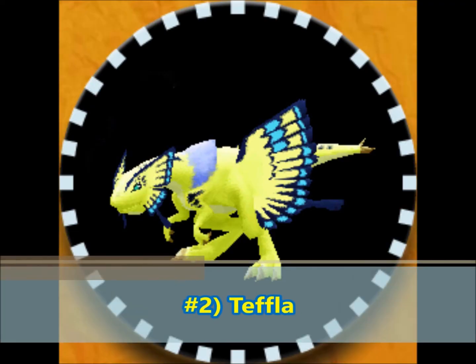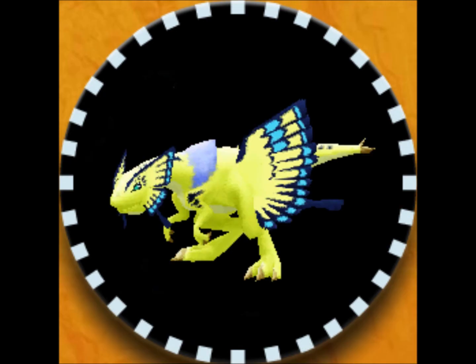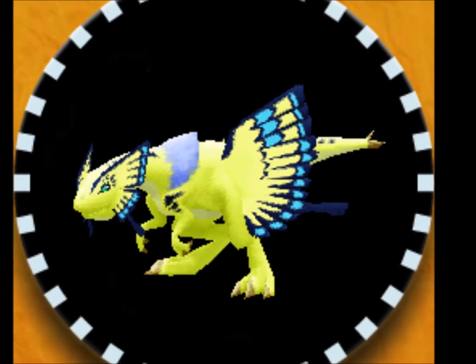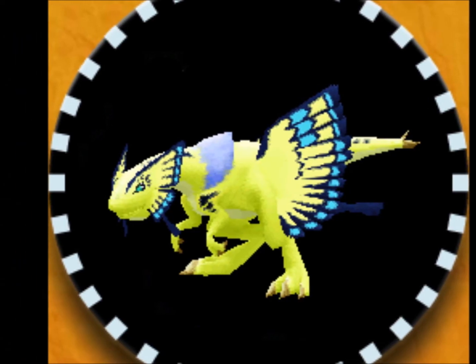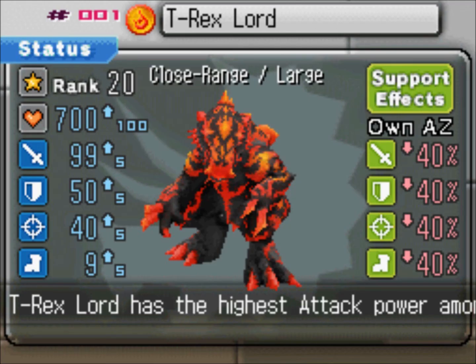Number 2. Tefla. Much like Hippogone, looks can definitely deceive. I mean, look at Tefla. Hard to believe that it evolves from the feathery yet carnivorous Arrows into this beautiful Super Vivosaur that floats like a butterfly and stings like a... Thagomizer? Anyway, it is only slightly weaker than T-Rex Lord in terms of attack power,